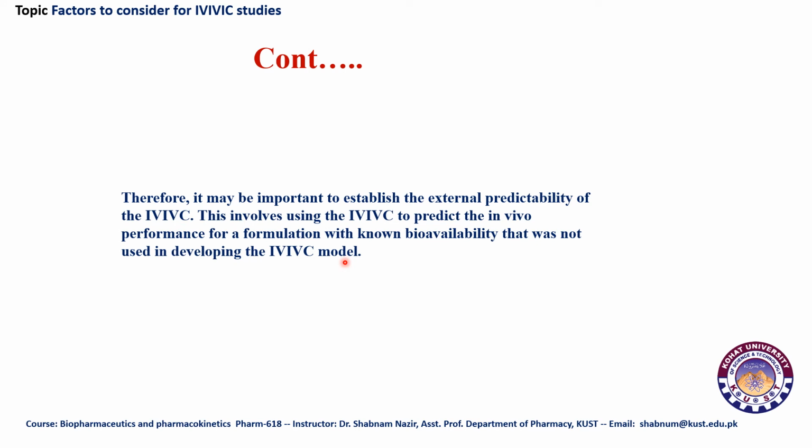There was a range of formulations or products, which could be 3 or 4. Now, in order to establish the external predictability in a better way, another formulation with known bioavailability is selected, and its in vivo performance is predicted on the basis of this model,